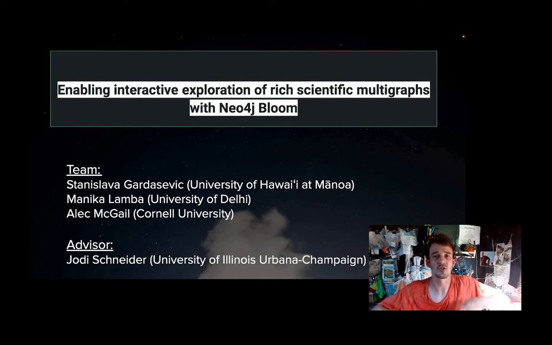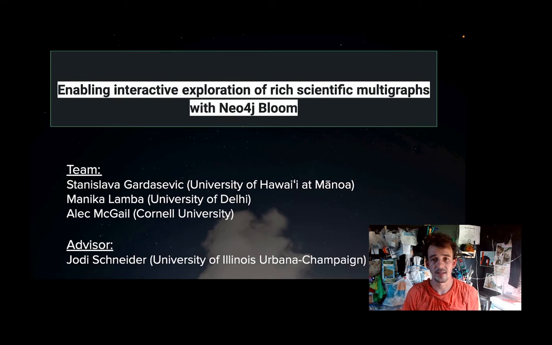Today I'm going to be describing what me and my team worked on for the last year or so, during and after the S4 conference 2021. We proposed and worked on using Neo4j, which is a graph database, to hold and allow for the interactive exploration of scientific metadata, the entities that make up the production of knowledge and their connections to each other and over time. Neo4j is just a graph database, so it has a query language, it has a storage and a